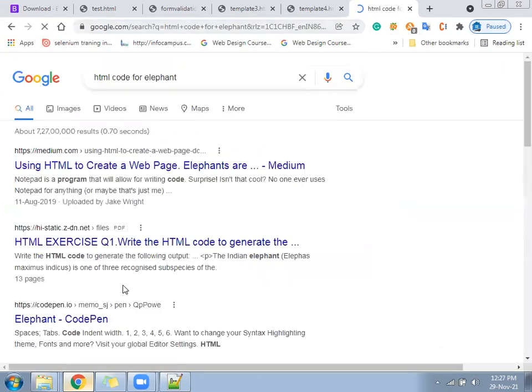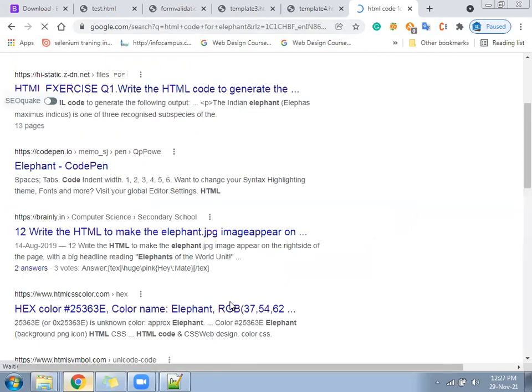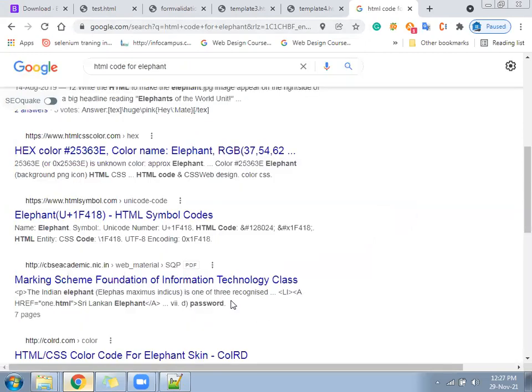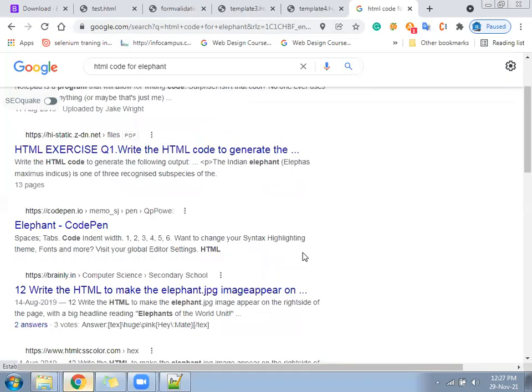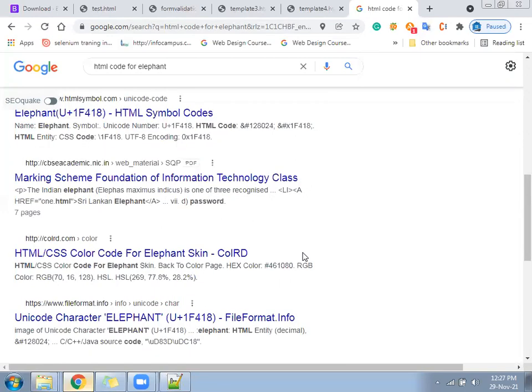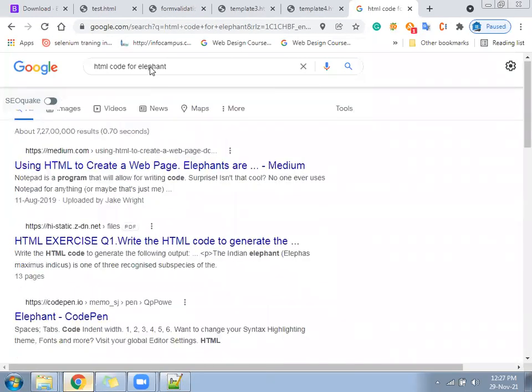W3, where are you? Not exactly elephant. Not there.